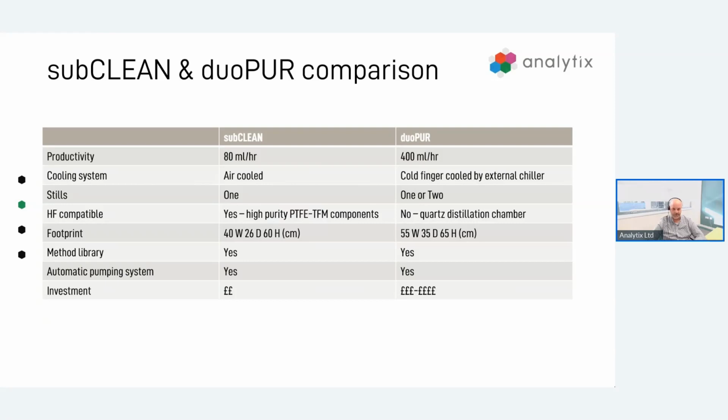and the pumping system is identical. Although it is an option, we tend to always include it on there. In terms of cost of investment as well, the sub-clean is obviously a lower initial cost compared to the sub-pure and the duo-pour. And when we're looking at this in terms of investment and savings and return on this investment,